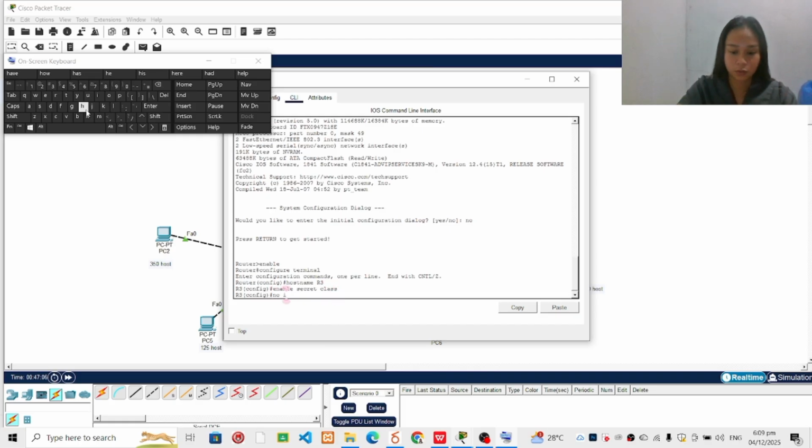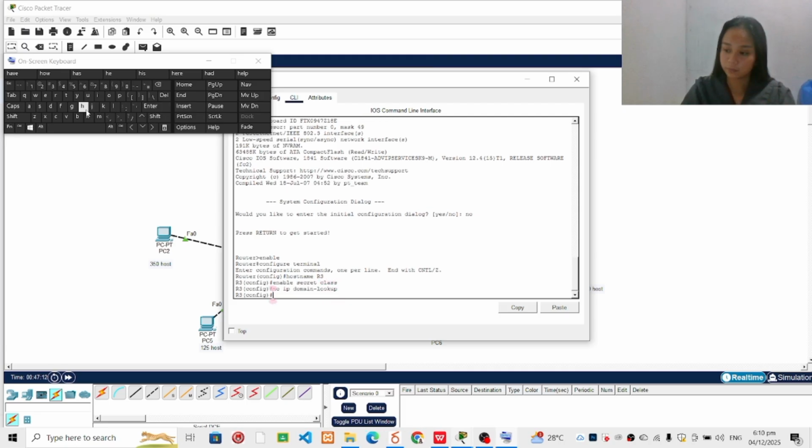Then no IP domain-lookup, and then banner MOTD number sign and authorize